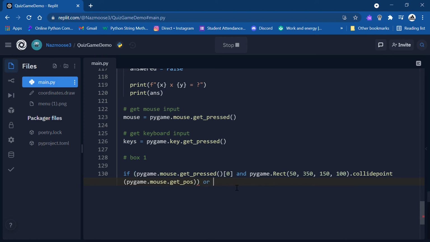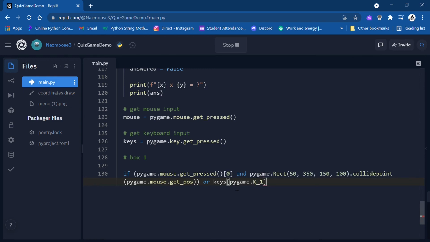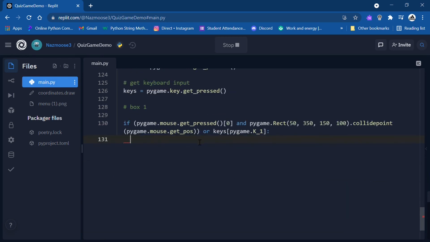And we'll also want to check if they pressed the keyboard. So pygame.K_1. So if they did select box 1 by typing 1 or clicking the box, we'll want to